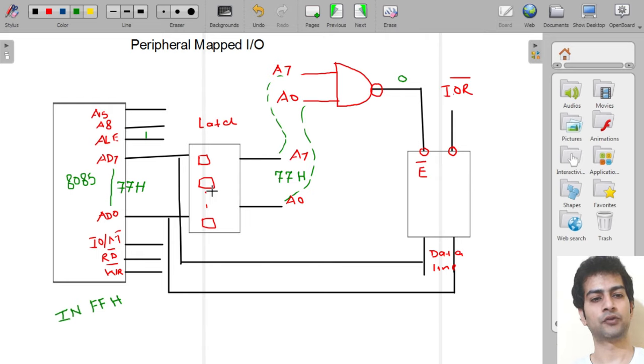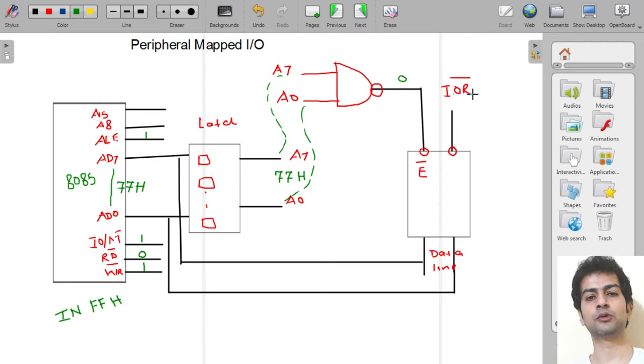Now we have to give a control signal also, so that we can read data from the input device. So we will have something like this: 1 0 1. So when 101 will be present at the control pins,